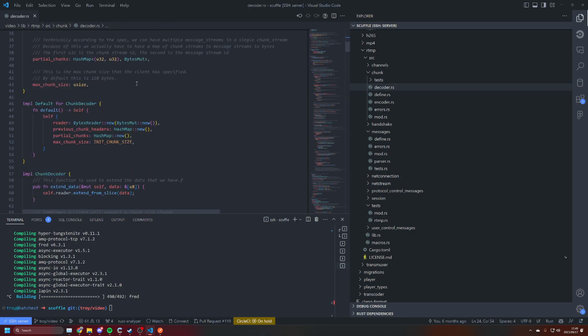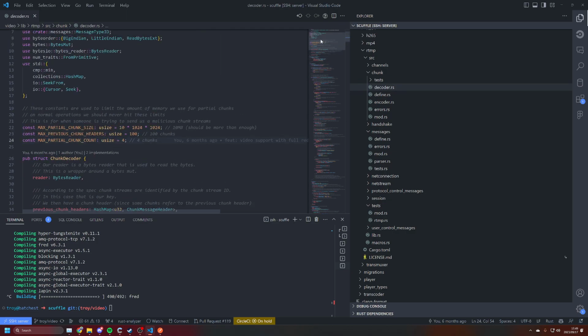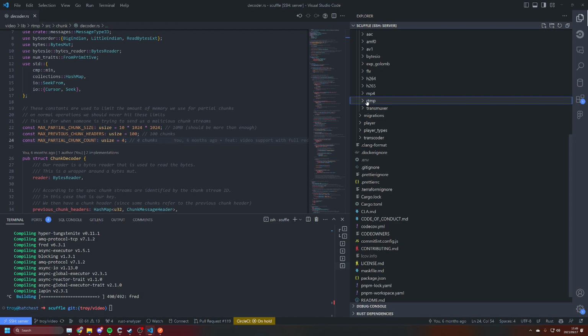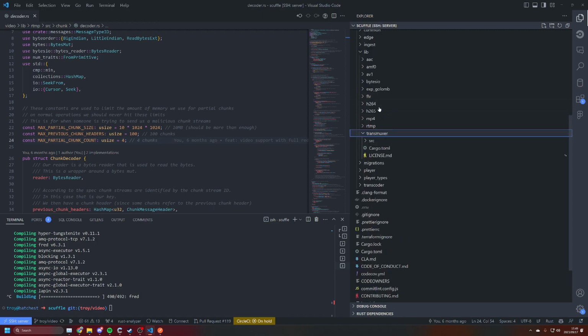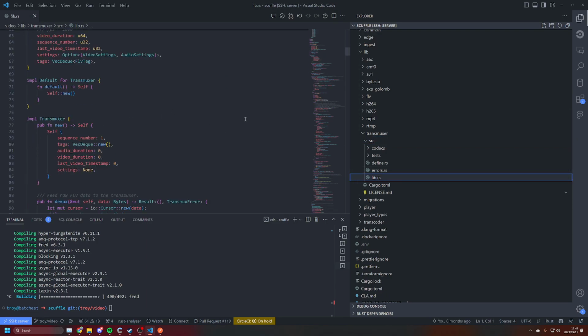But we make it very careful that the memory consumption of a single RTMP connection cannot exceed a certain limit, to prevent those kinds of things from happening. And then the last thing we have here is basically a transmuxer, which essentially allows you to take